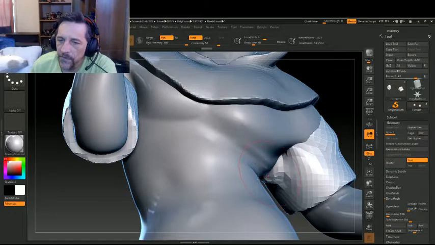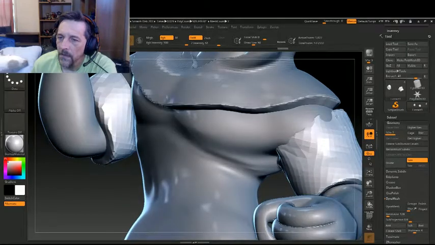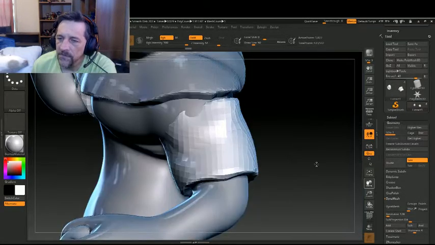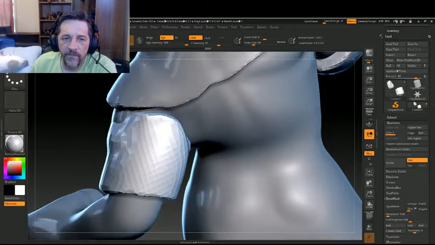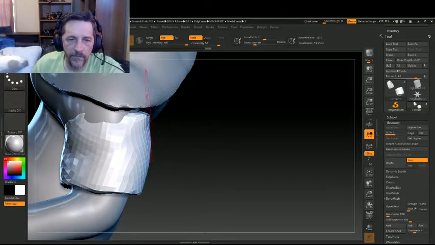I'm going to kind of pull in and up a little. One thing about ZBrush is that wherever you last stroked, like my last stroke was over there, that's now the center of pivoting. So, I need to make sure to